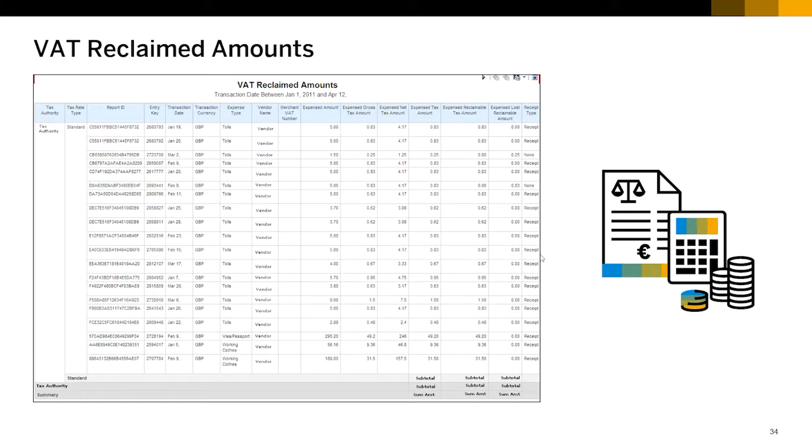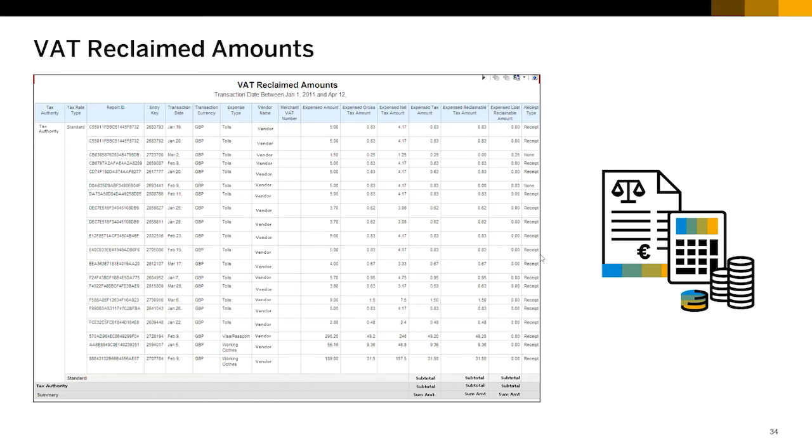This is a great indication of how much VAT has been reclaimed versus how much has actually been lost. We're all human. I'm certainly guilty of forgetting to ask for a tax receipt each and every time. Ultimately, telling the software that I've lost a receipt or I haven't asked for the correct receipt at point of sale,